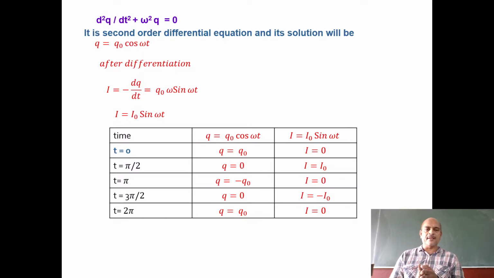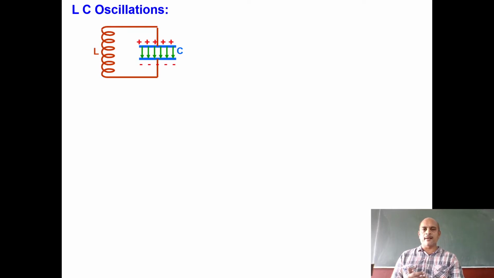Now between 0 to pi by 2, q gets to 0 and I gets to I naught. Now at t equal to pi, q equal to minus q naught, meaning negative oscillations will go there, and I equal to again 0. Now at t equal to 3 pi by 2, the fourth quadrant, we can say q equal to 0 and I equal to minus I naught, negative energy here. So we can say the oscillation, positive to negative and negative to positive, is going on here, and after all at t equal to 2 pi, q equal to q naught and I equal to 0.